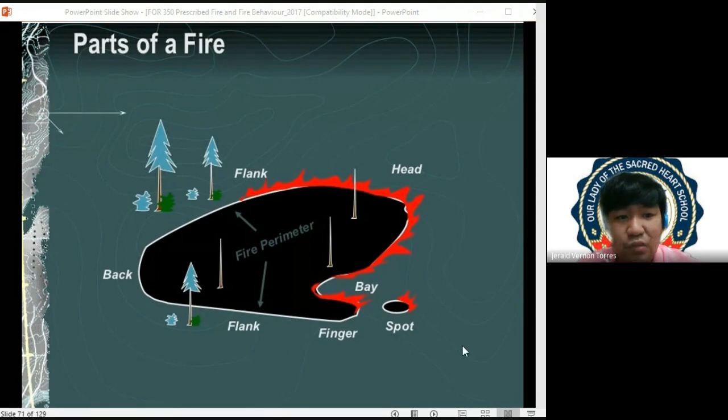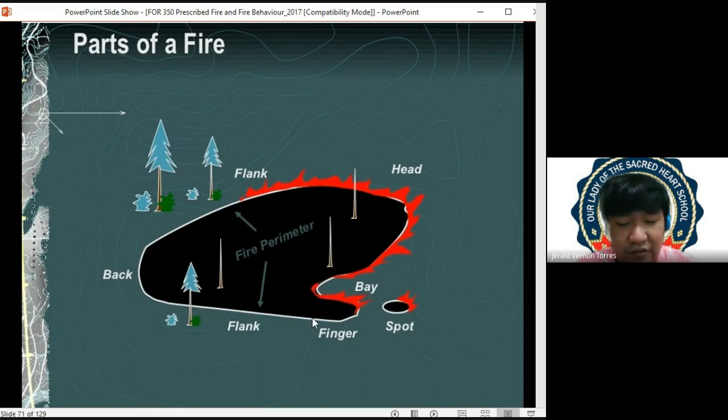So now in wildfire, we must consider the morphology of wildfire. So sa wildfire natin, meron tayong tinatawag na head. Siya yung proceeding part, no? Siya yung nasa unahan ng fire, ng wildfire natin. Then we have the flanks or the sides na tinatawag. And here, class, if you would observe, may mga depressions tayo. And these depressions are called bay.